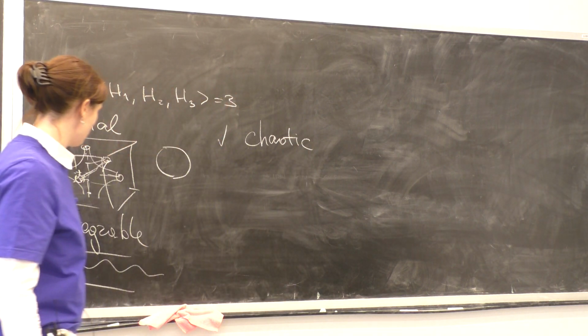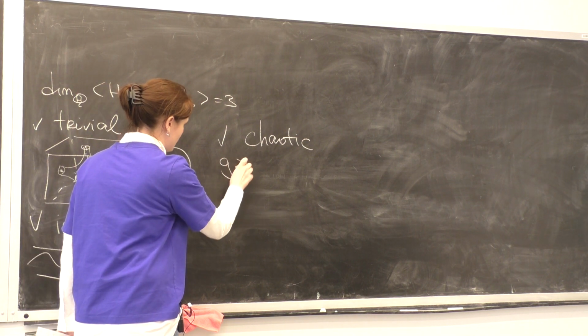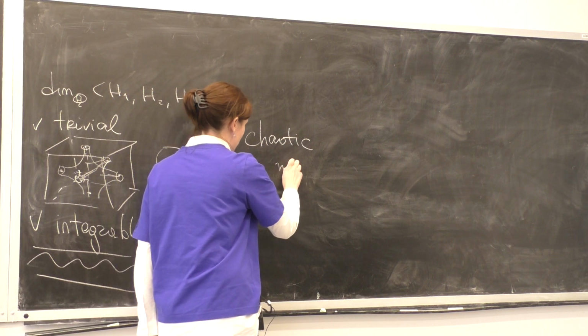And the last option, which is the most interesting and which was not obvious to exist at all, is the so-called chaotic case. The chaotic case corresponds to the situation when your surface has some components of genus at least 3, such that the foliation is minimal on it. By minimality, I mean that your leaves are everywhere dense. So you are supposed to have a minimal component of quite a high genus.